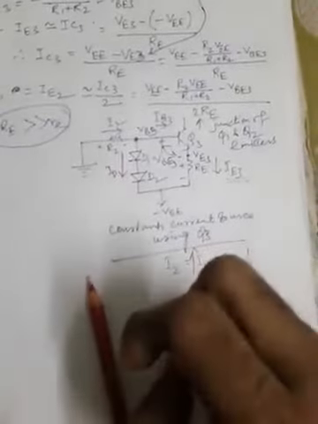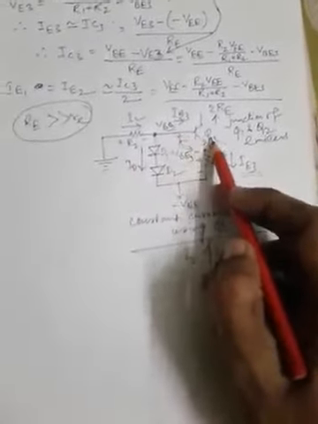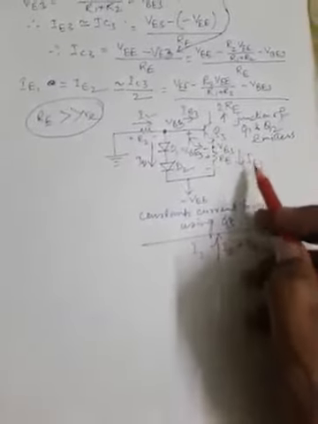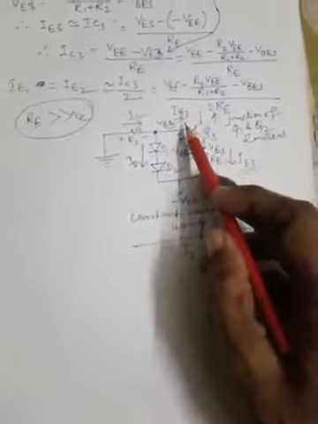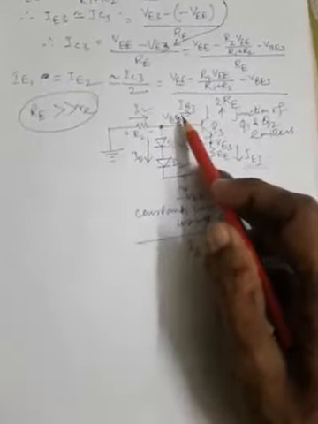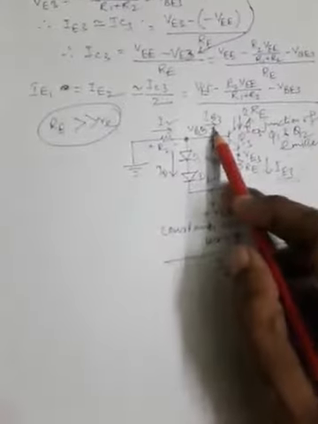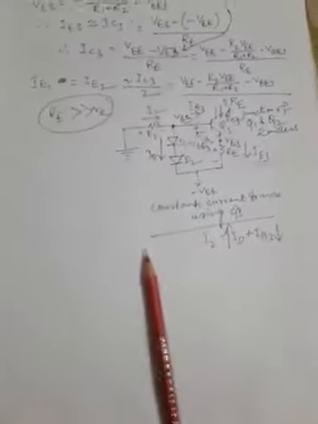and it will prevent any significant increase in IE3. So if the current into the base of the transistor Q3 is decreased, this IE3 will not be allowed to increase further, because we know IE3 is the summation of the currents IB3 and IC3. IC3 is flowing in this direction. Now we know IC3 plus IB3 is equal to IE3. Now if IB3 is decreased, that means IE3 will not be increased so much.